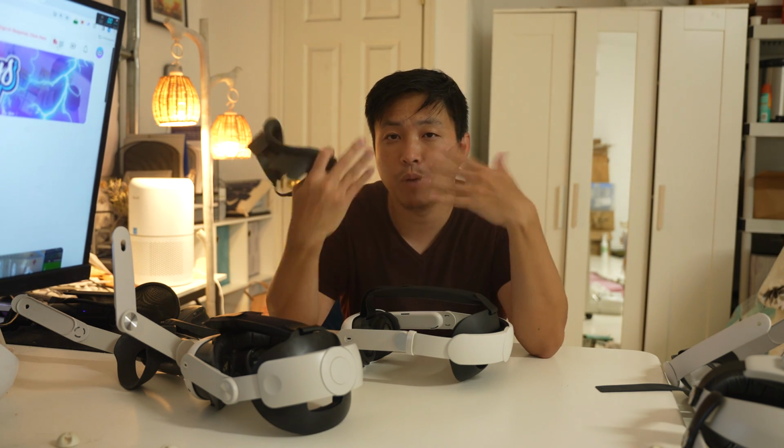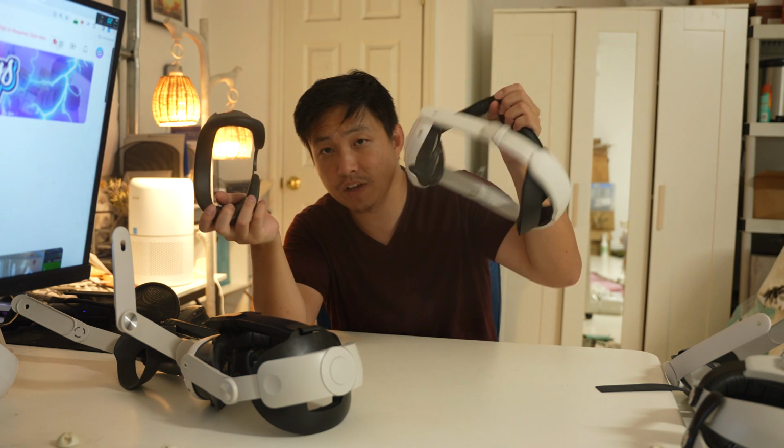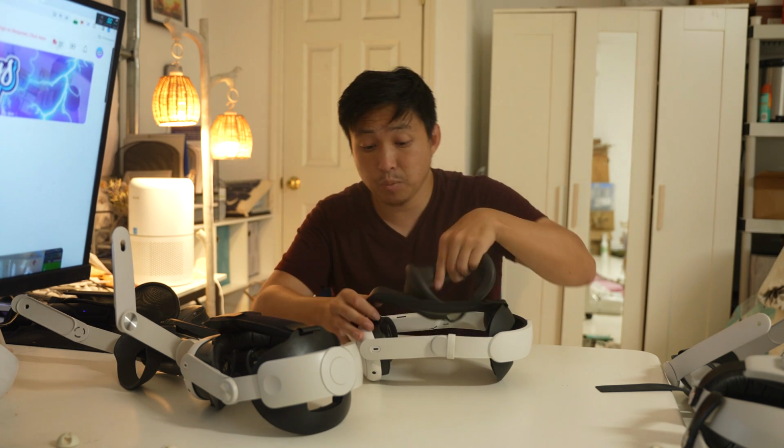So if you have a wider face like myself, I pretty much feel like I solved the comfort issue by having a good strap and also purchasing this $40 gasket from Meta. With that being said,